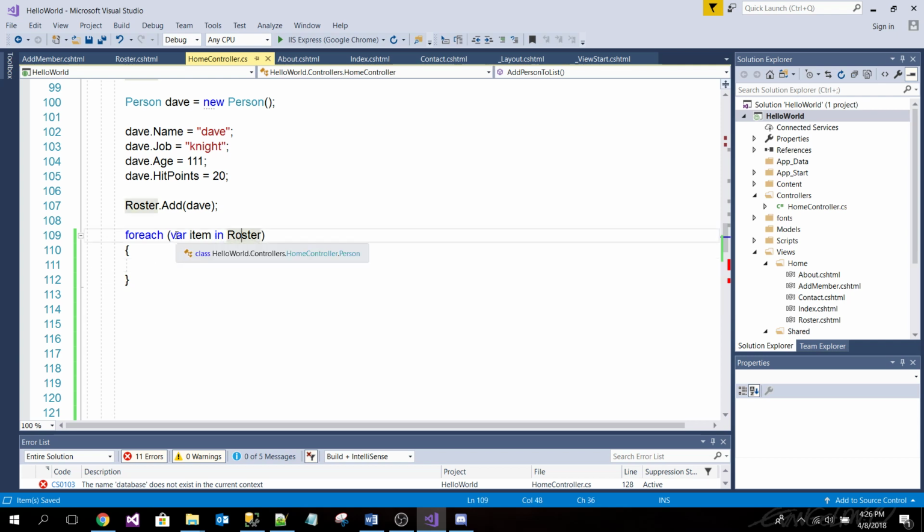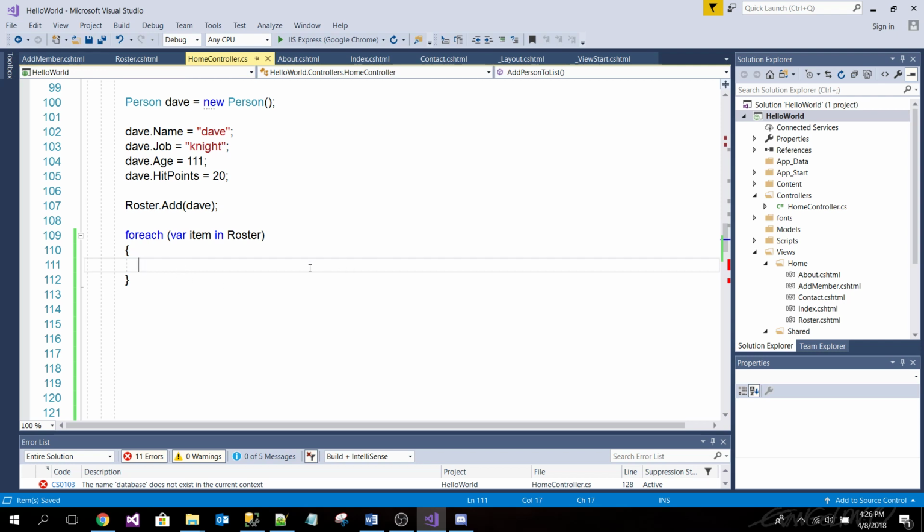For each item in this roster, do whatever you want in here to each item. I know it's a little abstract, but once you get the hang of it, it's pretty straightforward. Like anything else, sort of.